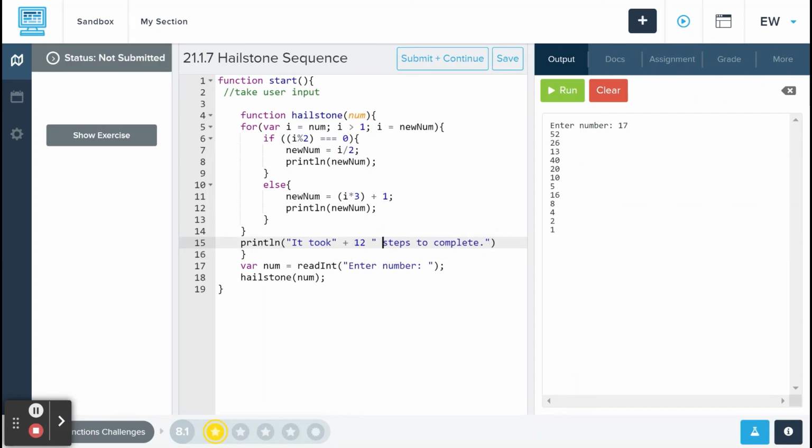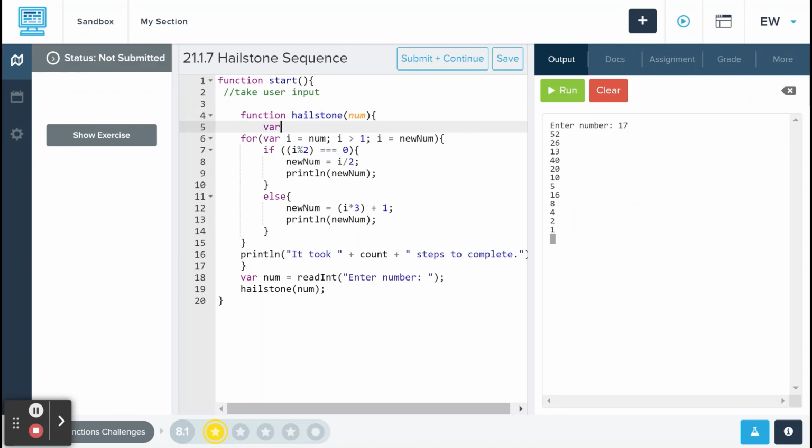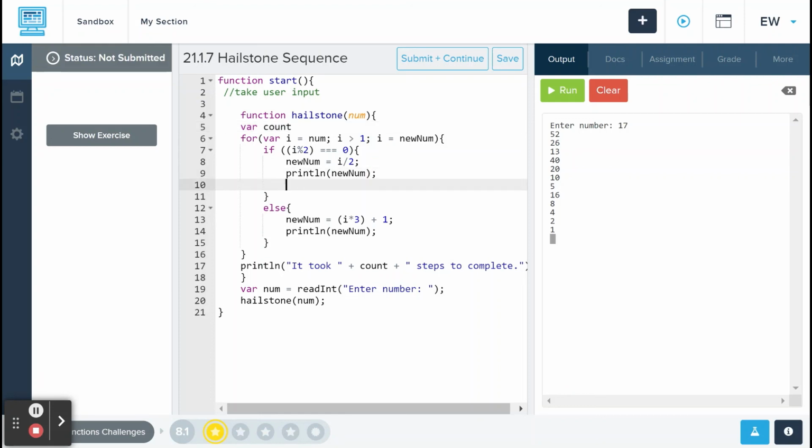Let's not forget spaces. And here in the middle, we're going to have a variable. Let's call that variable count. And this is how many rounds we went through here. So how are we going to know that? We can declare a variable count right up here on top when the function starts running. And then each time we run through our for loop, we will add 1